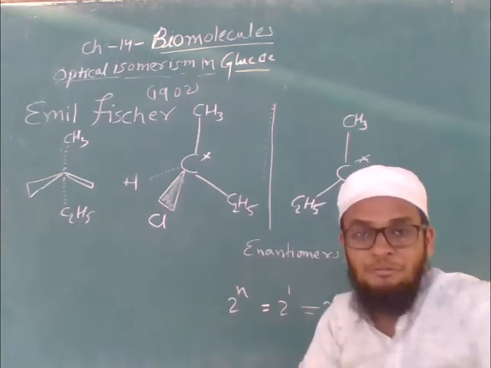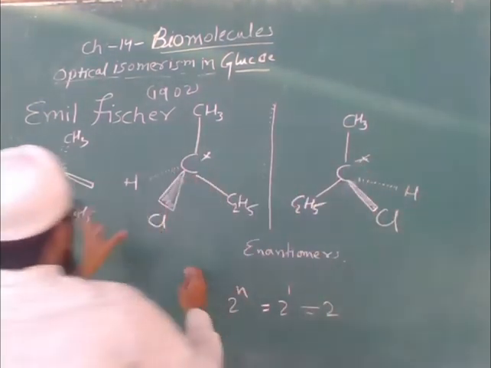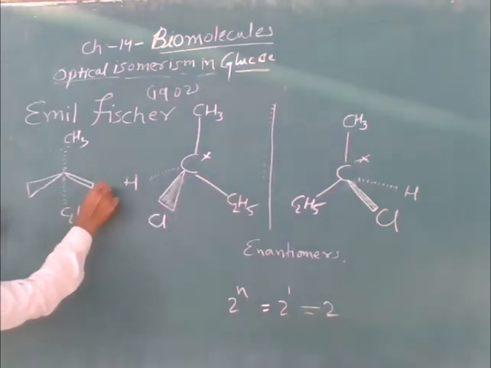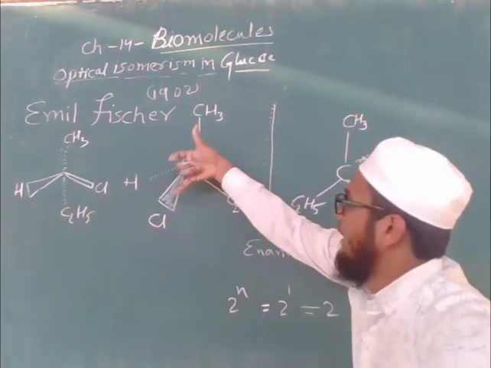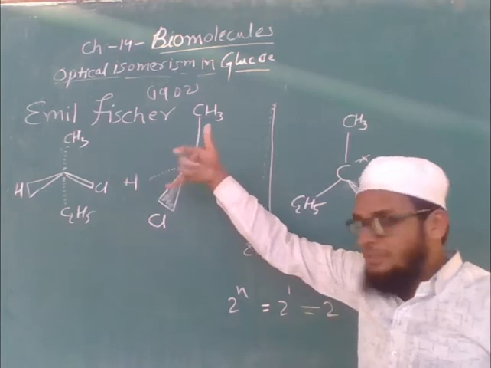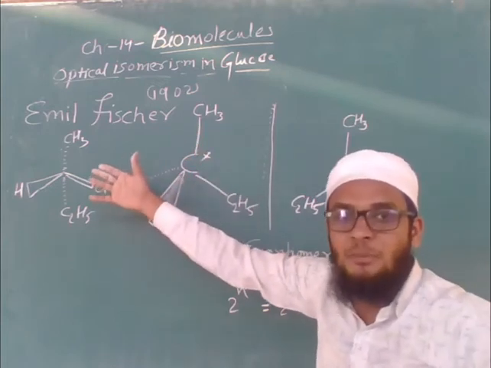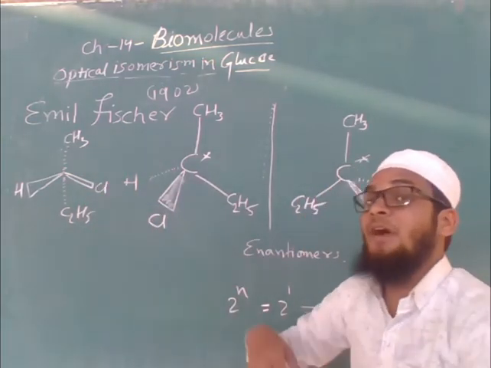The same thing is said in the Fischer formula. What it says: I have just changed it like this, just turned it. What I will get, chlorine will be here, hydrogen will be here. Same, just turn this by 90 degrees. Just changing it like this, we are getting the Fischer formula. Now it is also difficult. Then he gave another one.